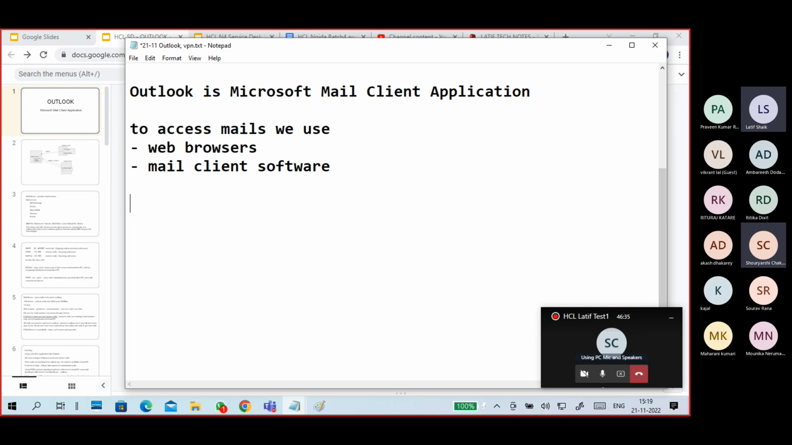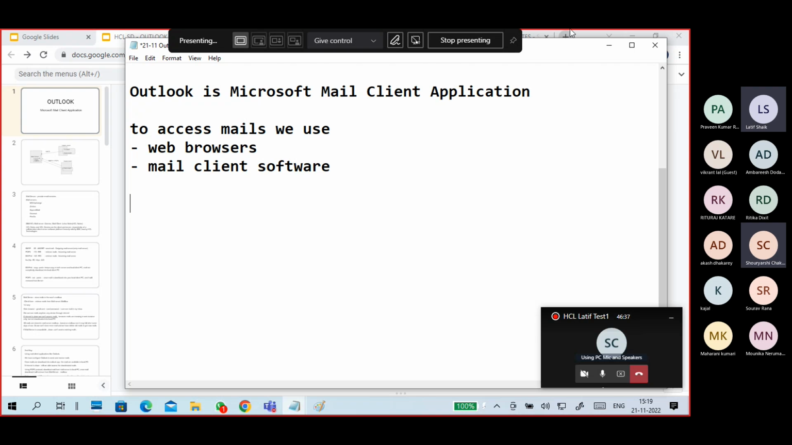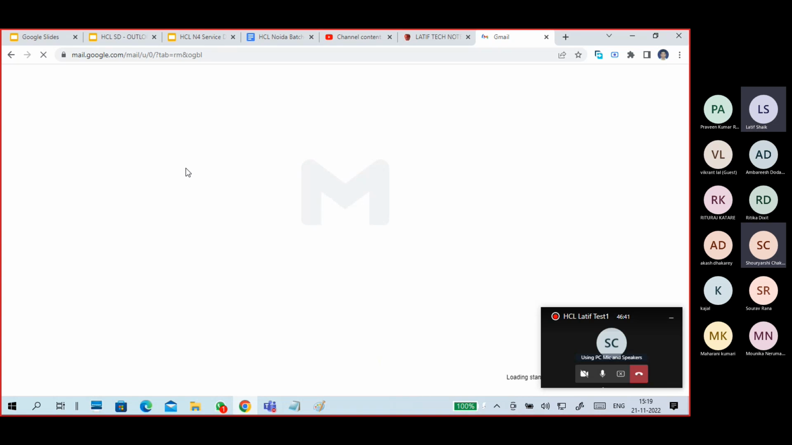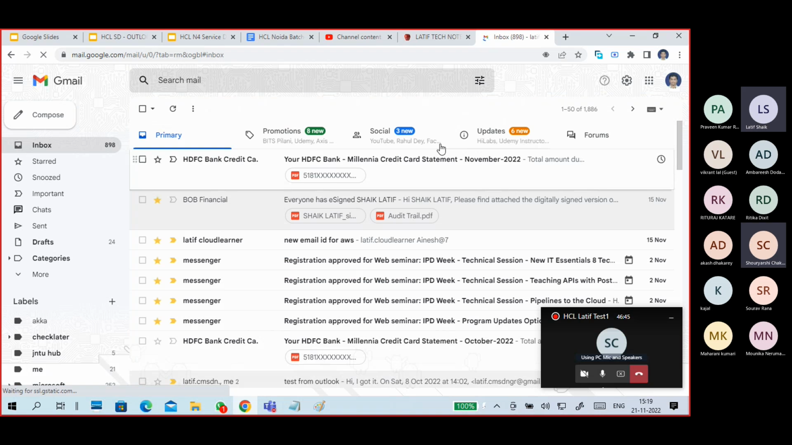Web browsers, for example, I want to access my mail, my Gmail, right? I'm accessing my Gmail through my web browser,